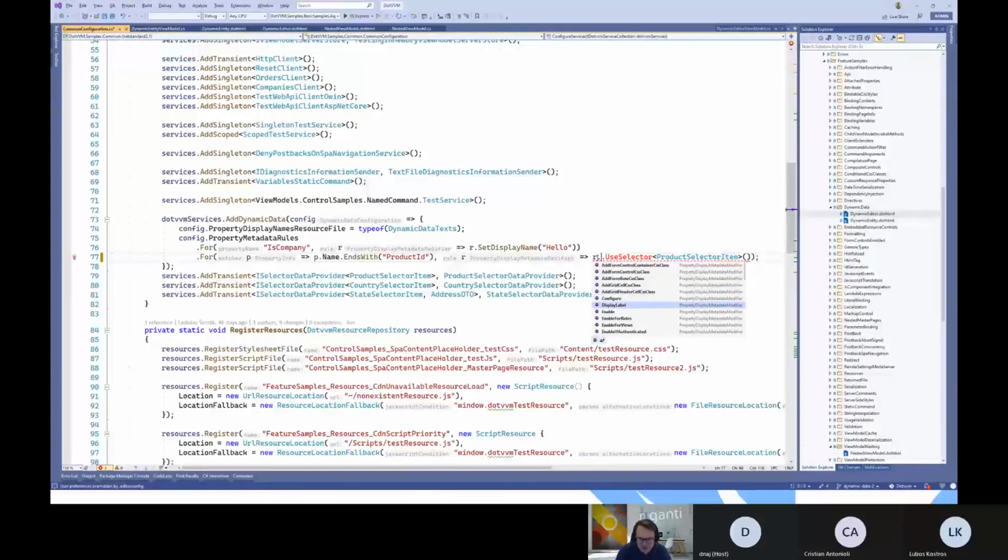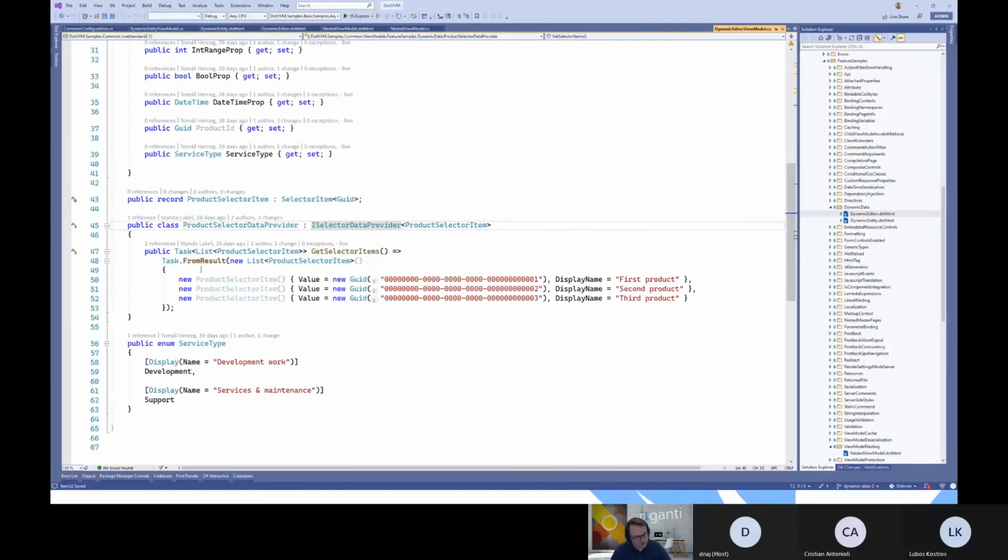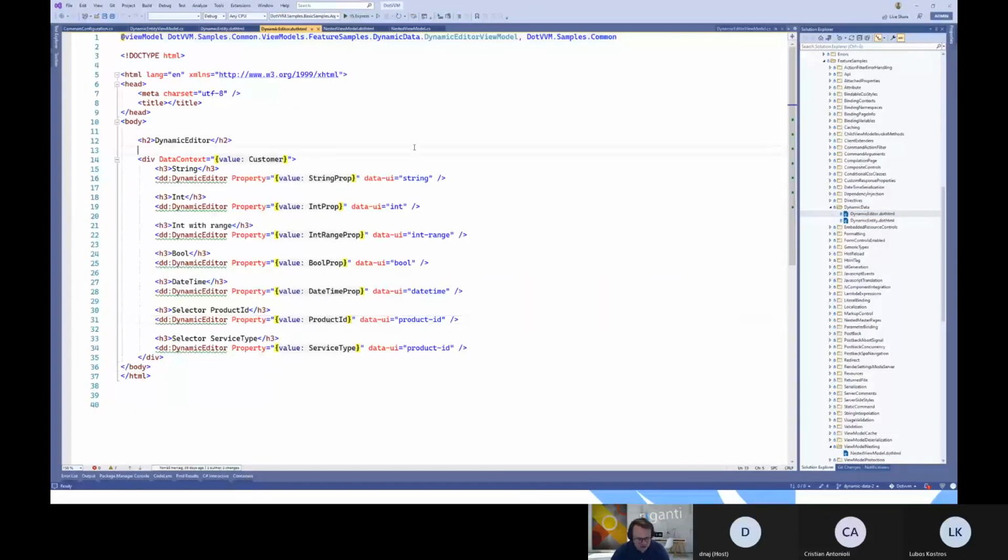And one of this is use selector, which says, okay, this will not be just a text box. It will allow the user to select something. And based on this type, it will look for the appropriate service from the dependency injection, and it will load these values automatically. That's it. So it's not difficult, just the selector needs some collection in the view model. So in order to provide this collection,